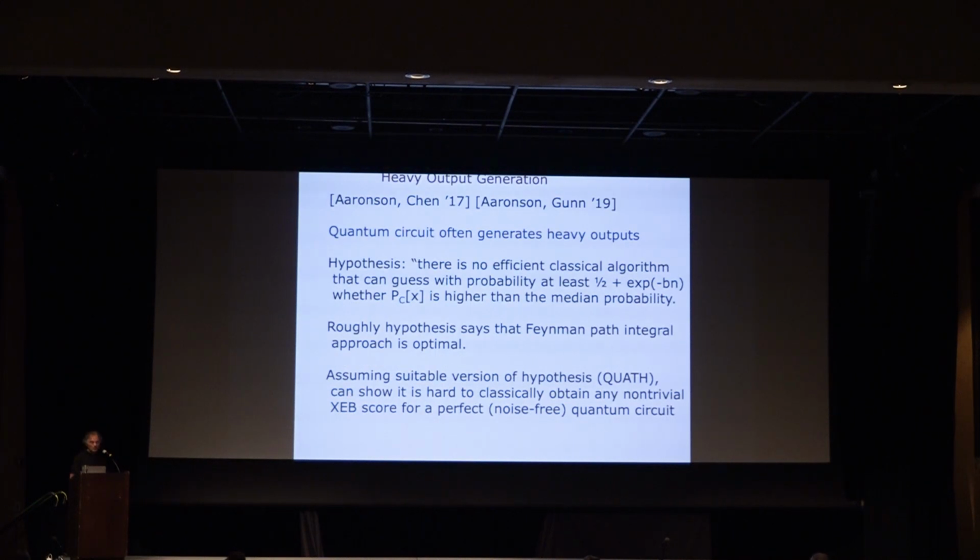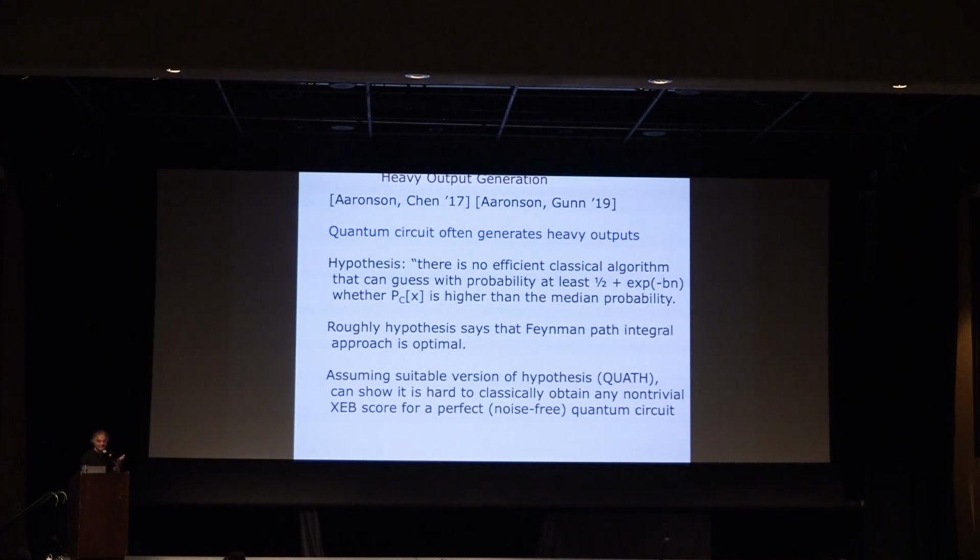Okay, so what kind of evidence do we have that this is hard? So before the Google experiment, there was this work by Aaronson and Chen and Aaronson and Gunn, which gave this justification for random circuit sampling. And the evidence went like this. Well, if your experimental circuit is actually implementing the ideal circuit, then it will often generate heavy outputs which have